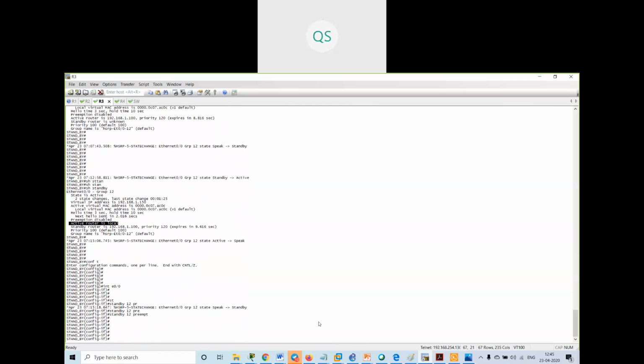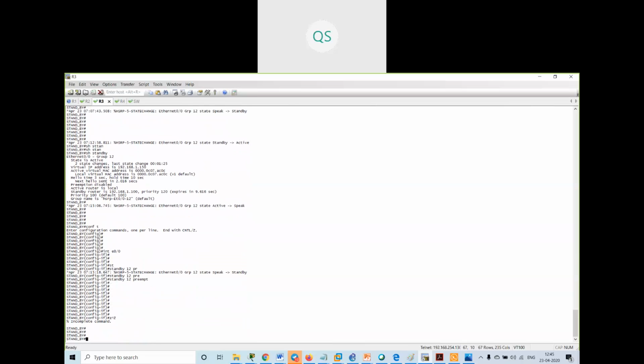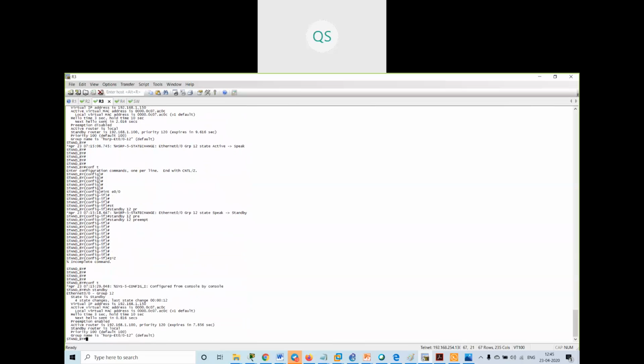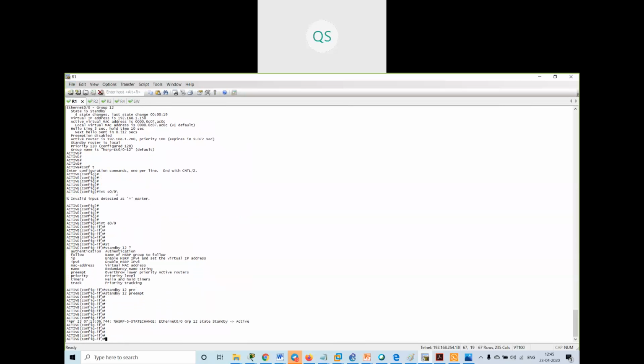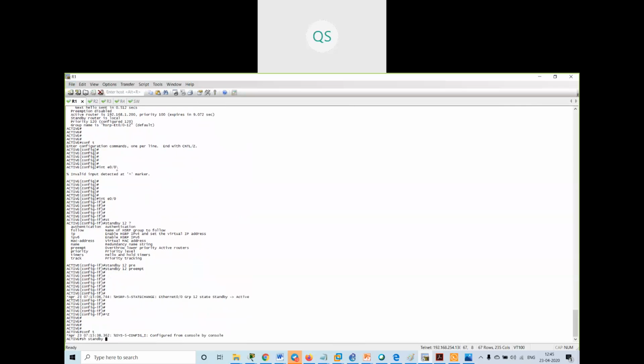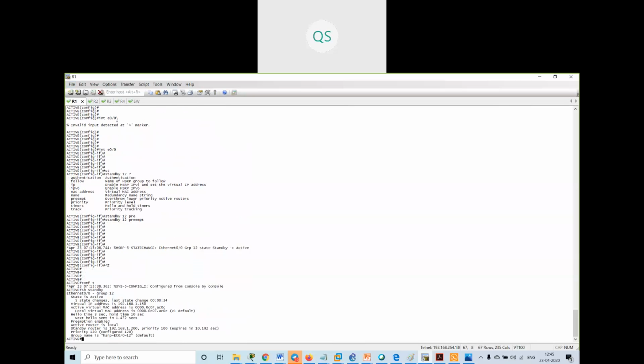Once I give the preempt command, this router will automatically become the active router, because router 1 has the highest priority. I have configured the priority as 120. Understood?